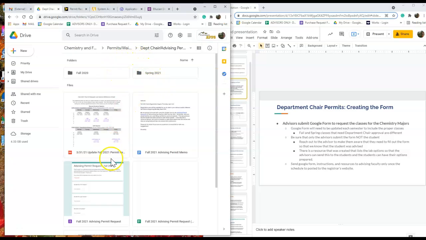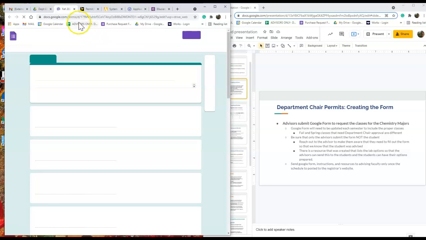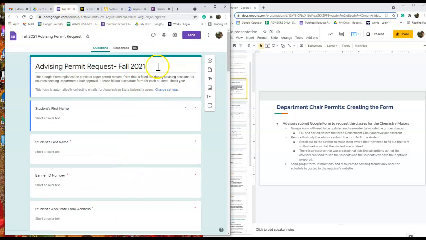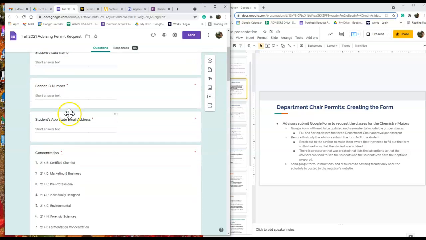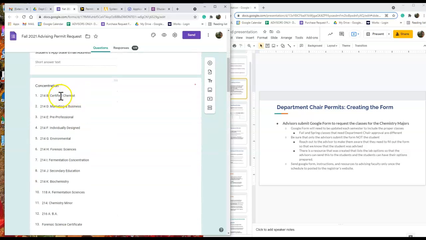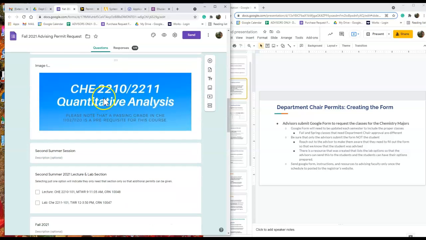So you can take that, make a copy, remove the information, and update it. So, for example, this is the fall 2021 advising permit request form. It requests the student's first and last name, Banner ID number, email address, their concentration, expected graduation date, date of advising, and then the different sections are divided by these blocks to make it easier for the advisors, because some students